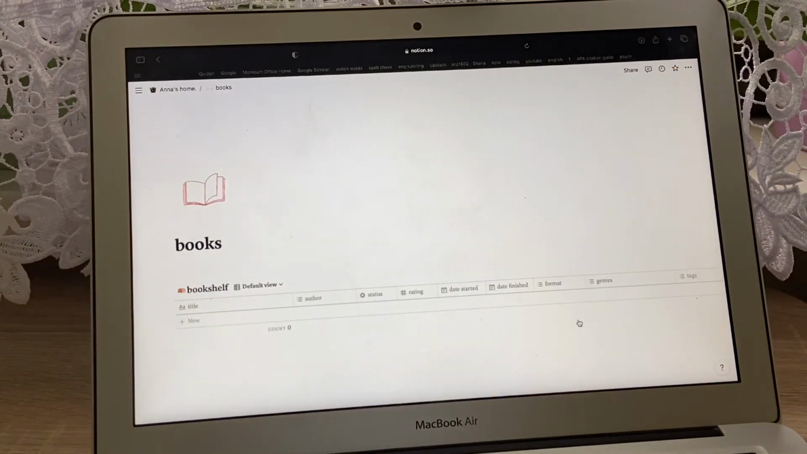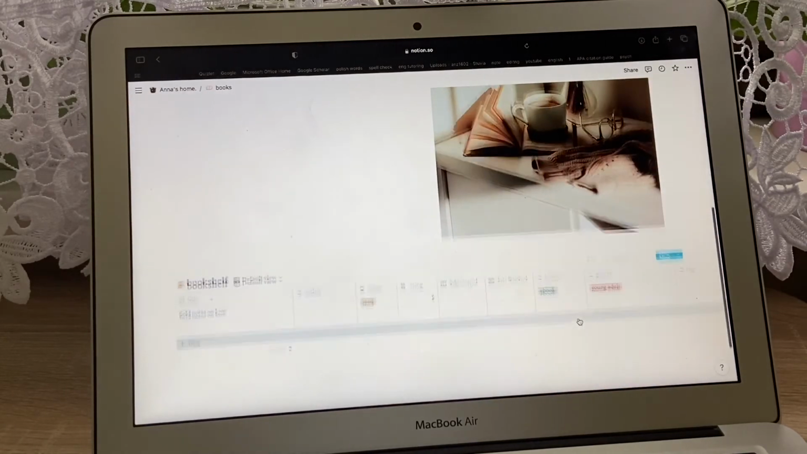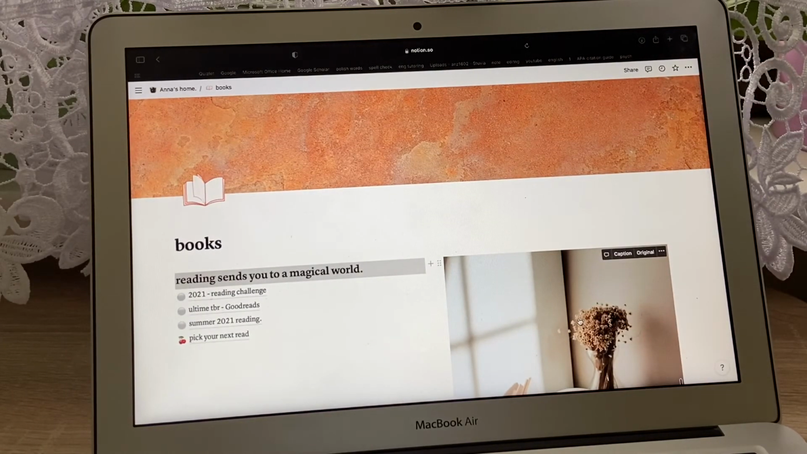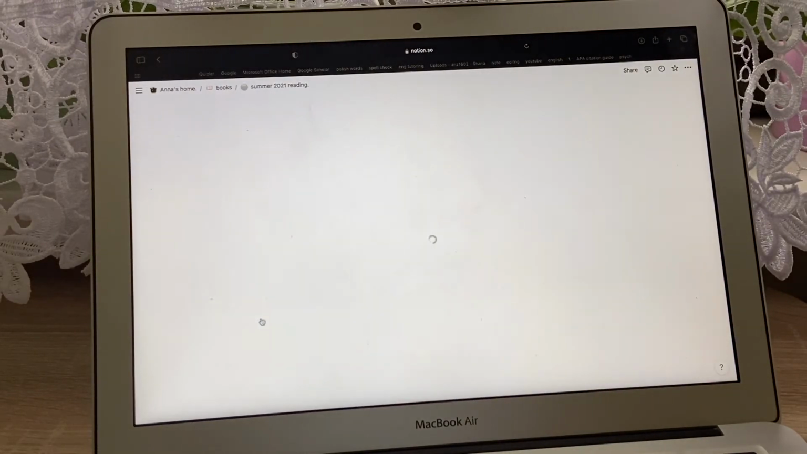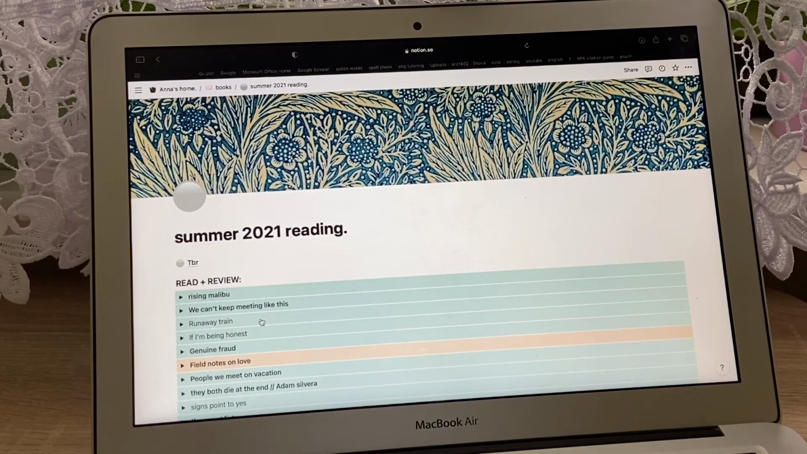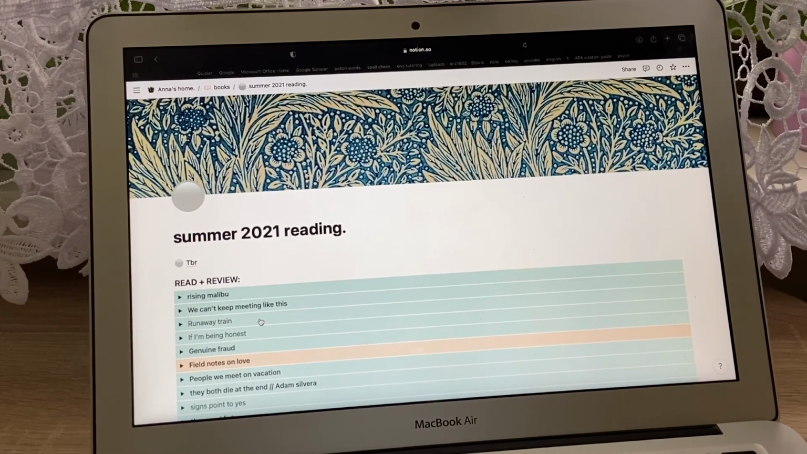Books, I'll show you this page. Okay, this is my book page. Very interesting. Here, my 2021 reading challenge. It's just a list of all the books I've read this year or books I would like to read. Ultimate TBR, that's basically my Goodreads. Again, I want to categorize all of the books I want to read, because I'm so indecisive and there are so many books I want to read, which will lead me on to this in a moment. Summer 2021 reading. This is where I kept reviews of all the books I've read,